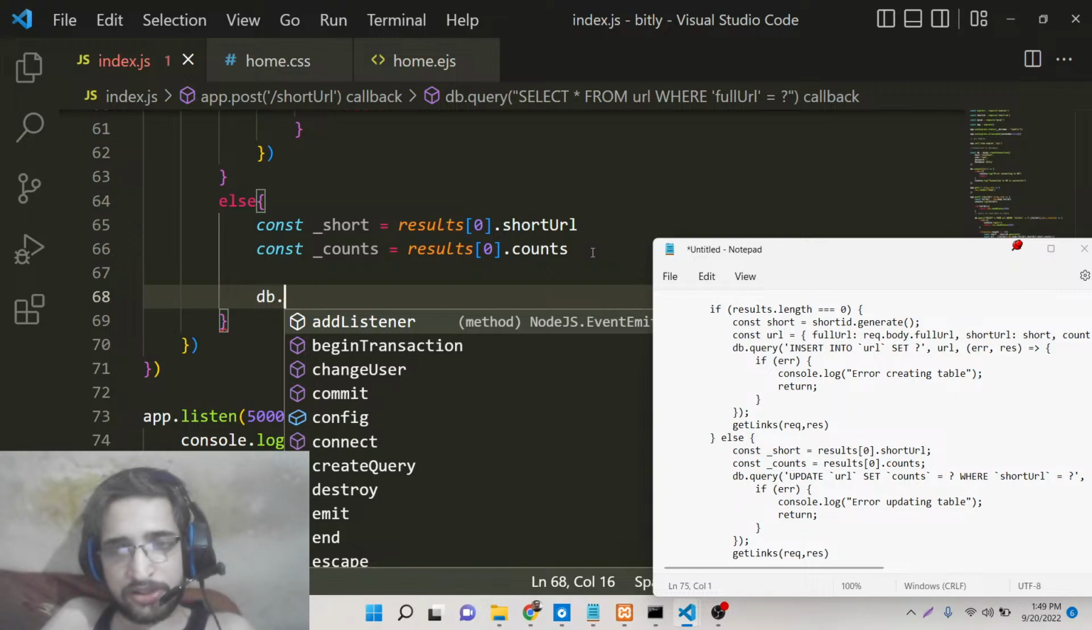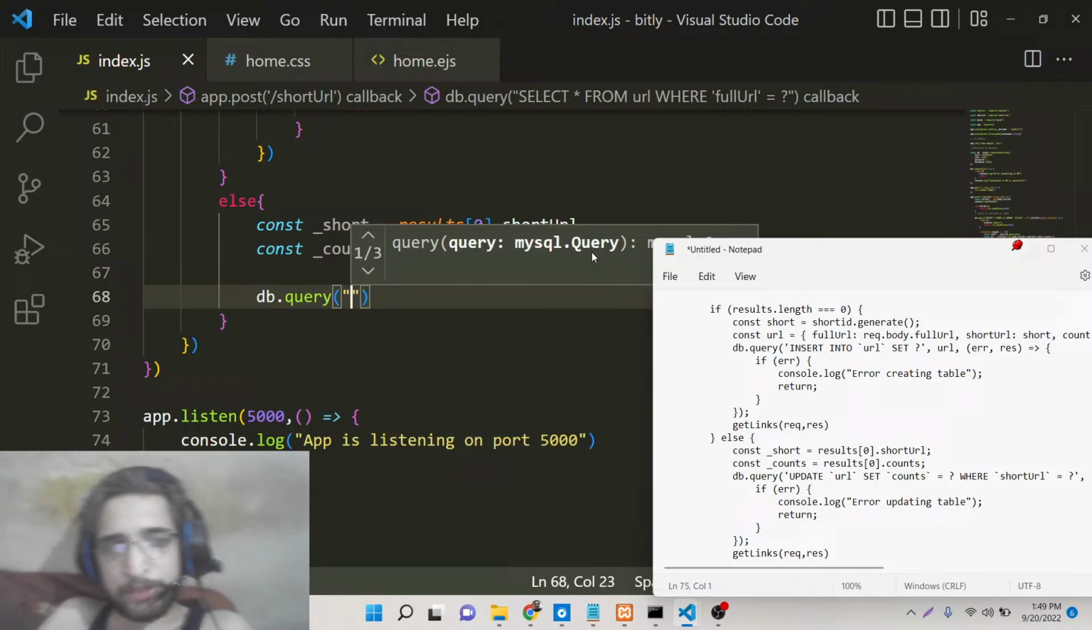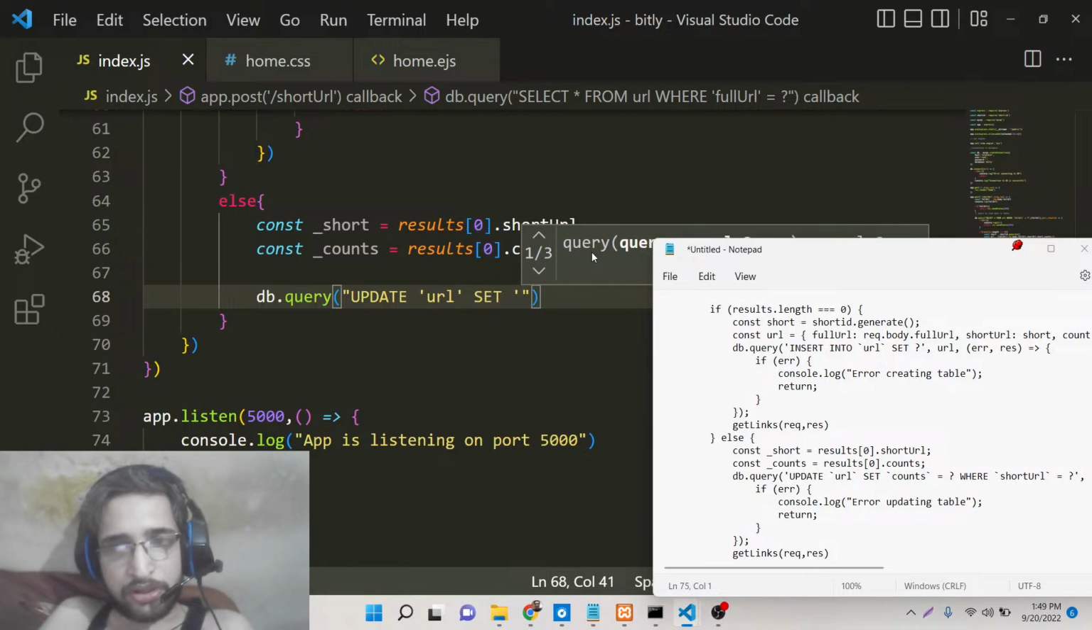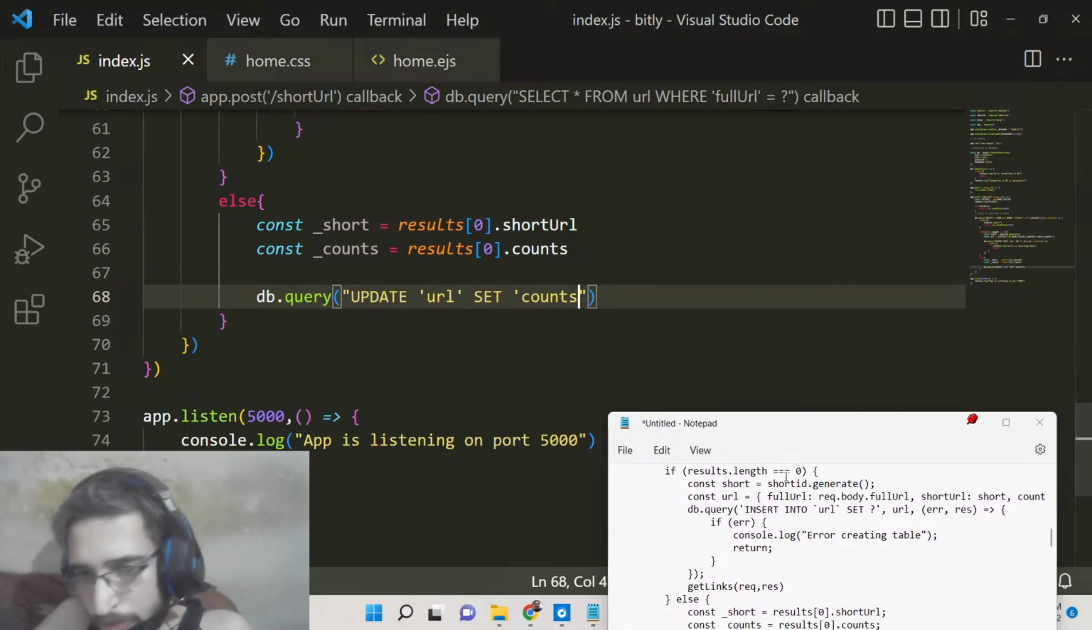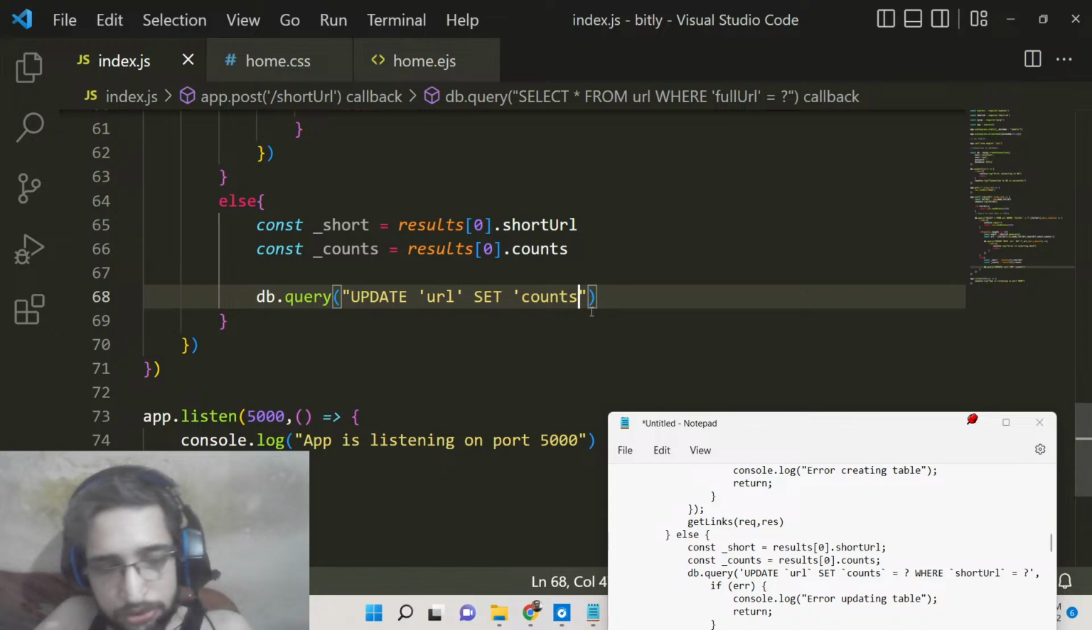So db.query, and this time we will be using the update syntax, guys. Update inside MySQL. So we need to update this table, and we need to set the column name. The column name will be counts. Here we just need to increase its value by 1. So counts basically will be equal to counts